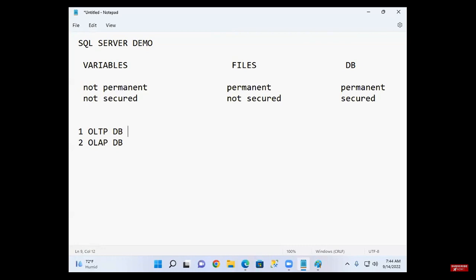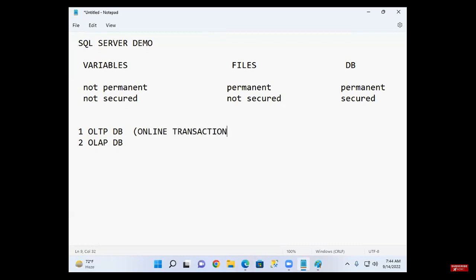For today's demo class, I'm not giving the notes, but from tomorrow onwards I'll give the notes. Today my focus is on what SQL Server is, so today you ignore these notes. What does OLTP stand for?